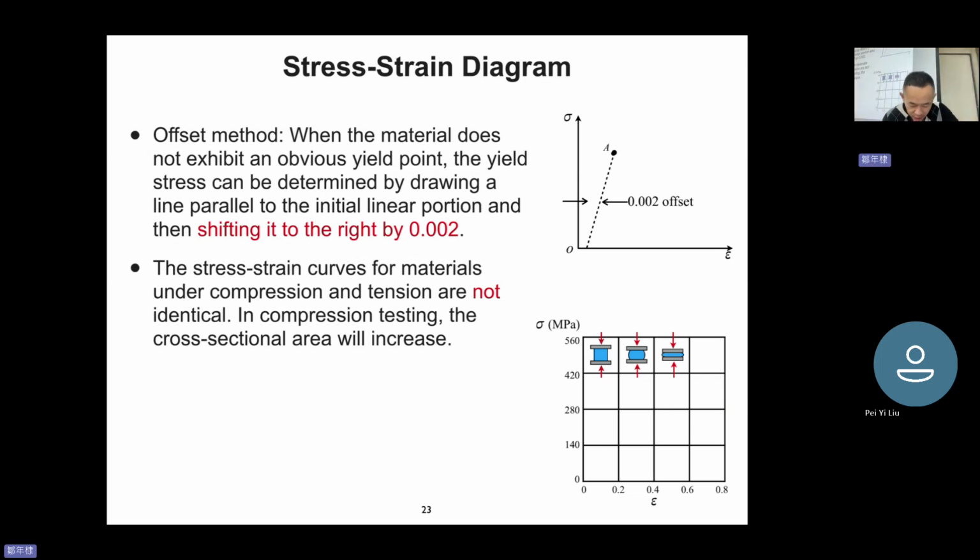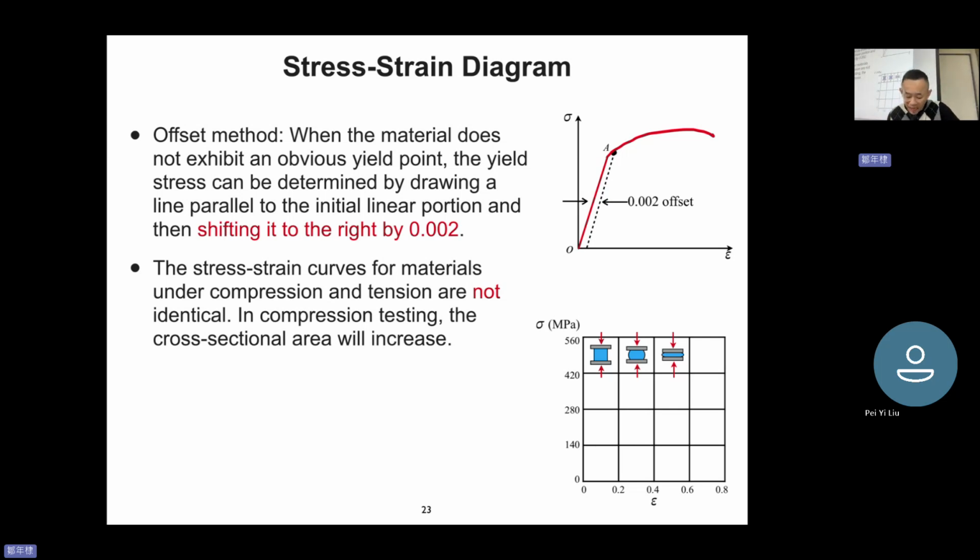For example, if there is a curve like this, and the curve has no significant yield stress platform,